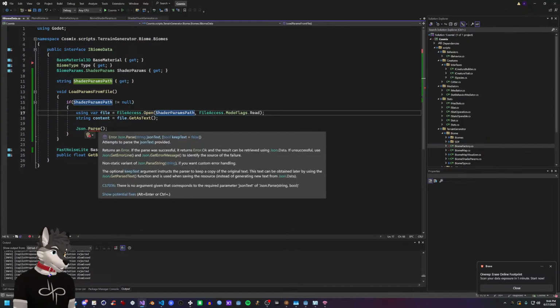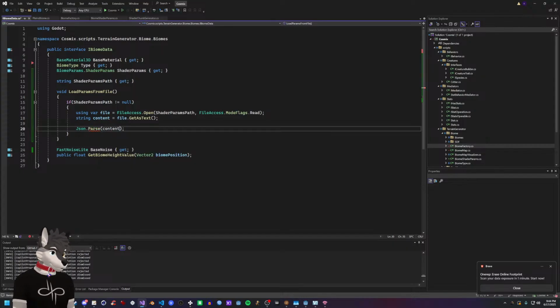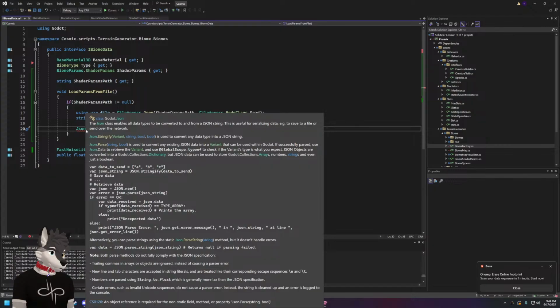Okay, we want to do JSON Derulo dot parse content. But it doesn't handle errors. Okay. New existing JSON into a variant that can be used with Godot. If successfully